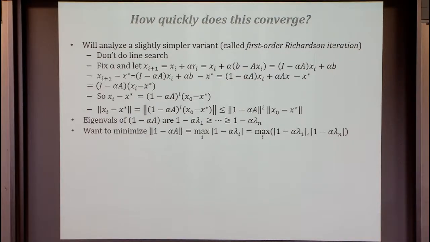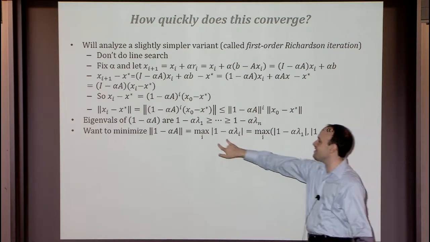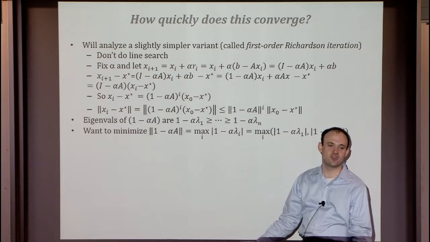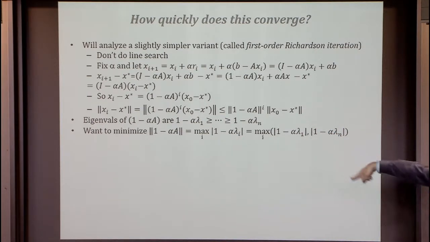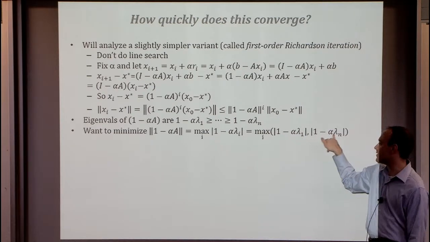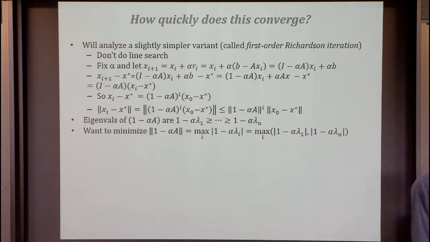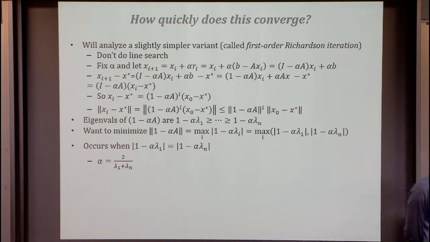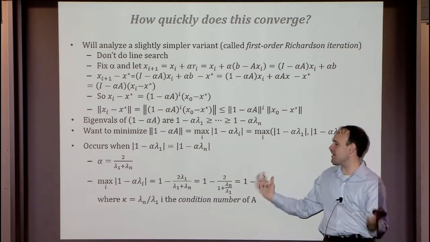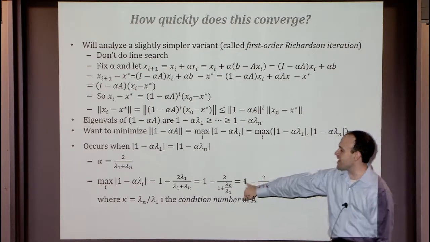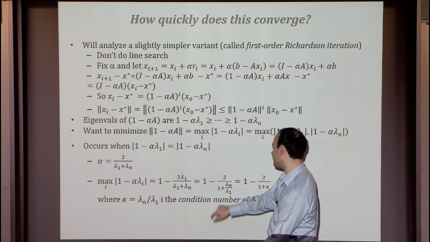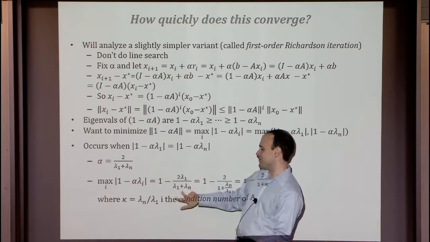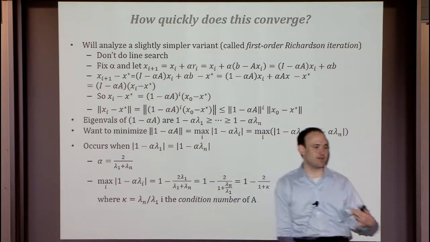What's the right thing to do? It's linear. It's either going to be the biggest one or the smallest one that causes the extremal value. So we want to just pick the alpha that minimizes the max of these two numbers, of the biggest eigenvalue and the smallest eigenvalue. And the answer to that is you make them equal, and it's going to be given by 1 over their average. Okay, so I've now given you the right alpha, and we can just plug it in and get the right analysis. So now that we know what the right alpha is, we get the right value for this maximum, which is just 1 minus 2 lambda 1 over lambda 1 plus lambda n. That's just plugging into the equations.